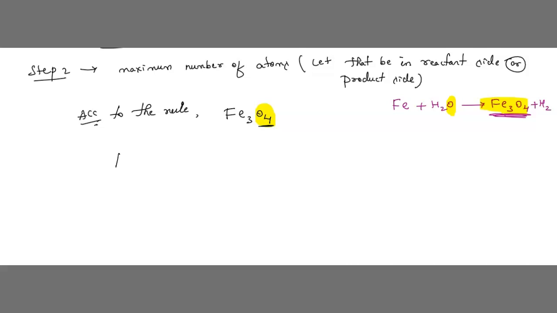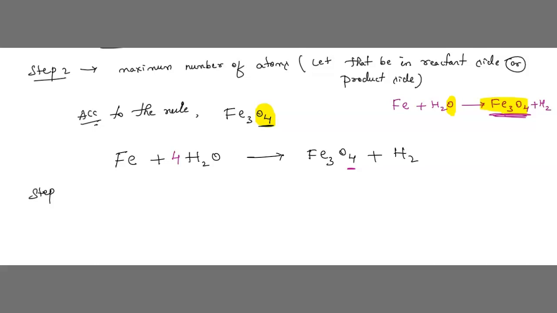Again I am writing this equation, that is Fe plus H2O, which gives Fe3O4 plus H2, correct? In this, I am multiplying this by 4. I am writing 4 here because we have 4 O in the product side. So where O is there, in that I am putting 4 here. Understood, children? So this is step number 2.